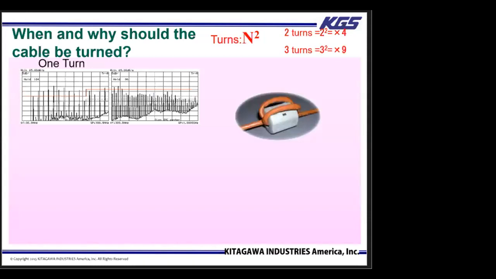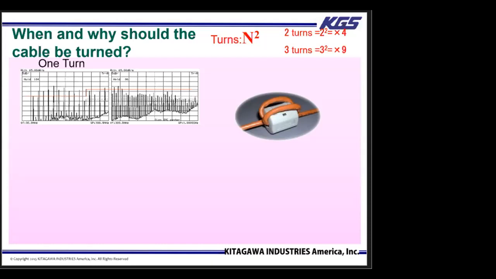The number of turns is defined as the number of times that the cable or wire passes through the inside of a ferrite. This photo shows 3 turns because the cable is passing through the ferrite 3 times. The impedance level of a ferrite will increase the more times a cable is turned through a ferrite core. The increase is proportional to the square of the number of turns made through the core, as shown in the formula n squared.